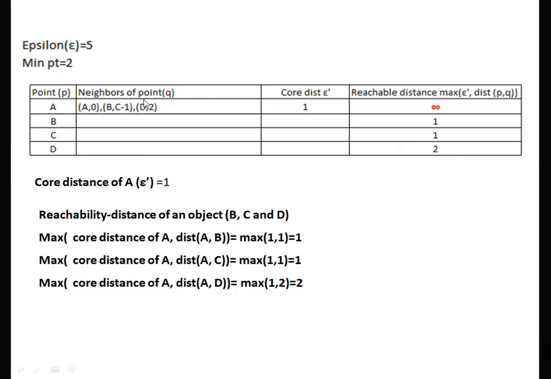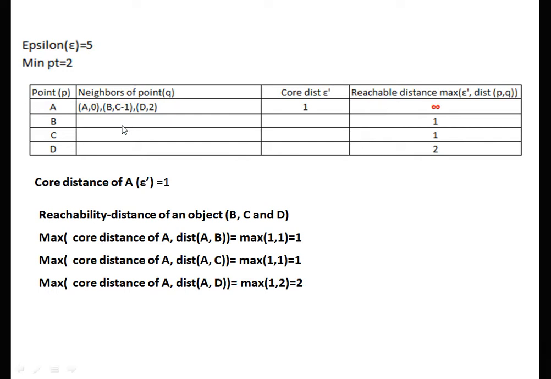Now here the neighbors of point P are B, C, D, and even A is included. Core distance means the distance at which P becomes the core object. The maximum distance is up to 2, but B and C are in the vicinity of 1. Therefore, the core distance is 1. Now we require the reachability distance. From A, we can't find the reachability distance. Whenever we consider the first point in the OPTICS algorithm, its reachability distance is always considered as maximum or infinity, because we can't calculate it.